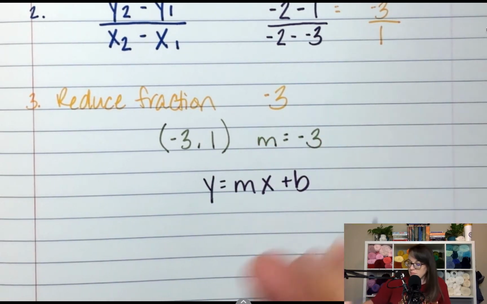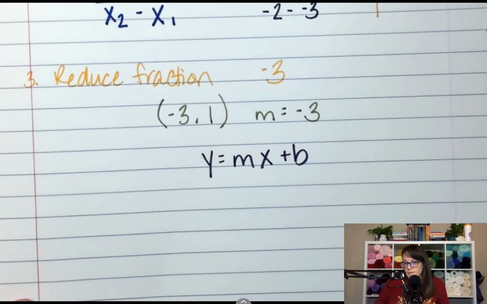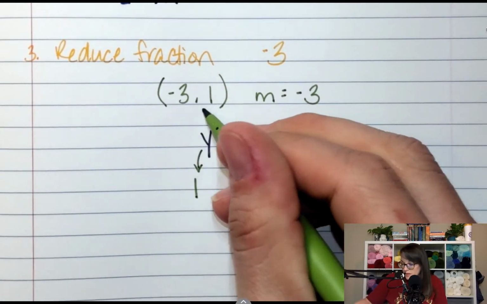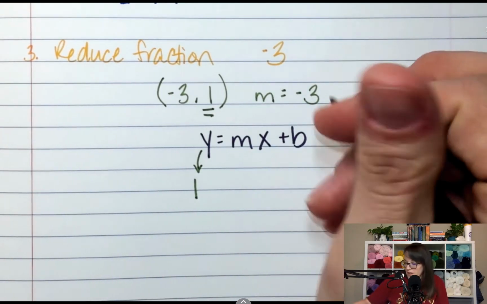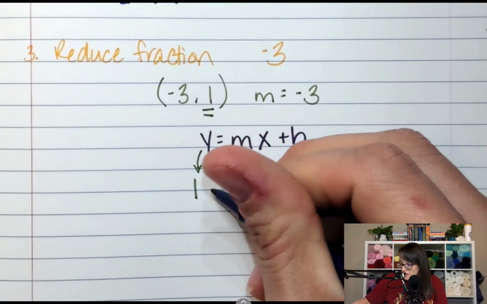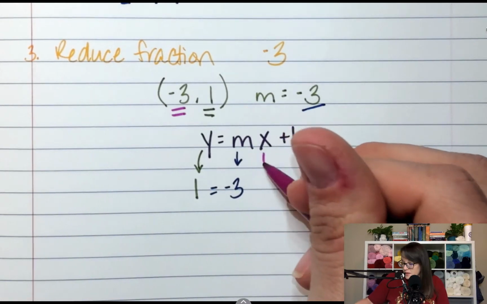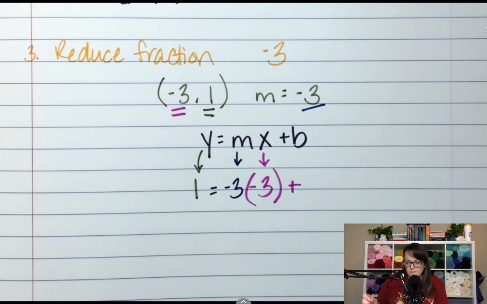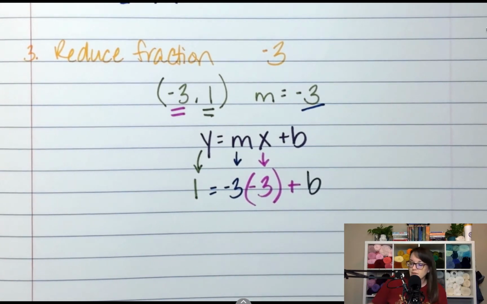So if I use my formula, y equals mx plus b, what am I going to use for my y in this situation? 1. So I'm going to plug in my 1 for y from here. How much is m? It's -3 from right here. What about x? x is also going to be -3 because I got it from right there. And then plus, do I know b? No, I don't know b, so I'm going to leave b a b. So -3 times -3,